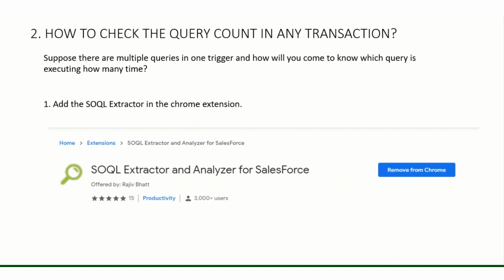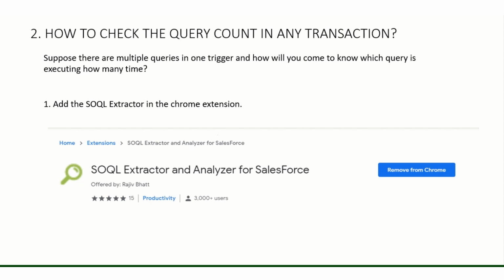Now let's see how we can check the count of the query. In one Apex transaction you have many SOQL queries, so how will you know which query is taking a high count? For that we have two solutions.